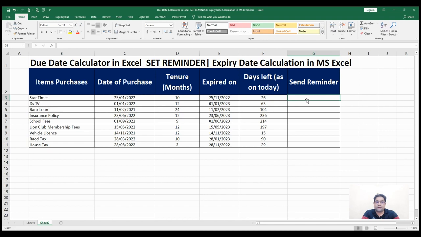If we receive any notification, any reminder before a specific time, you can choose 7 days, you can choose 30 days, because I always prefer 30 days, because before 1 month, if we know, you can pay money on time. If it's 7 days, sometimes if you're not around, you cannot pay, and that will be expired,